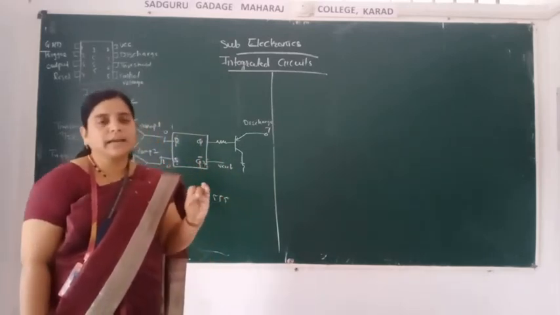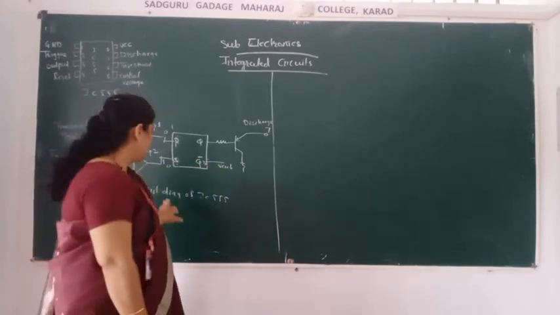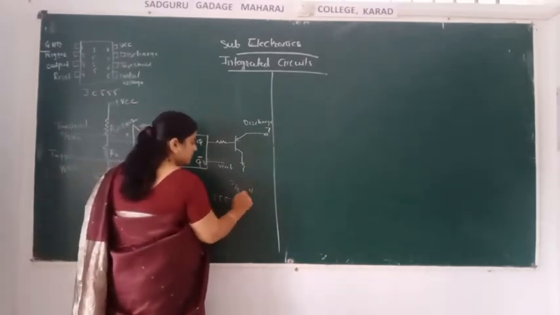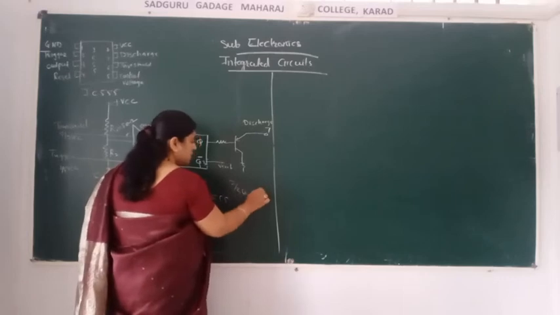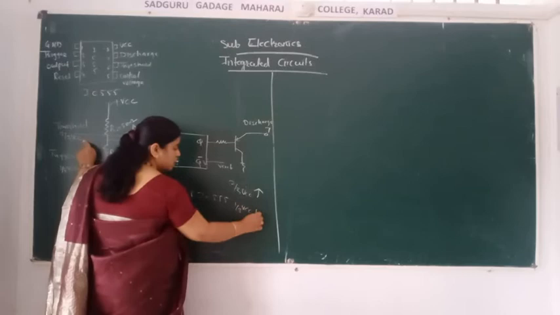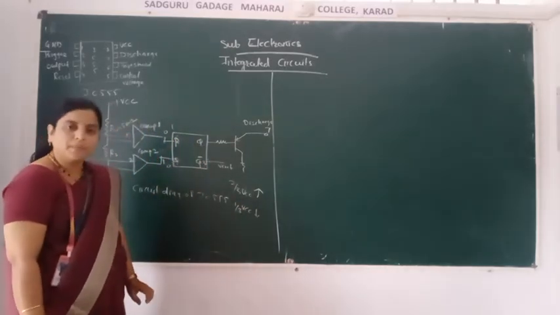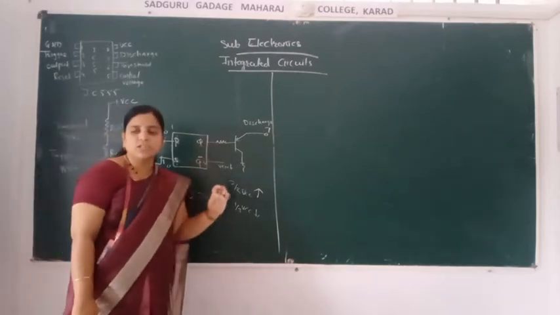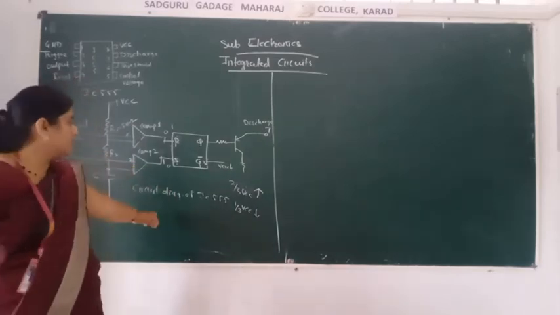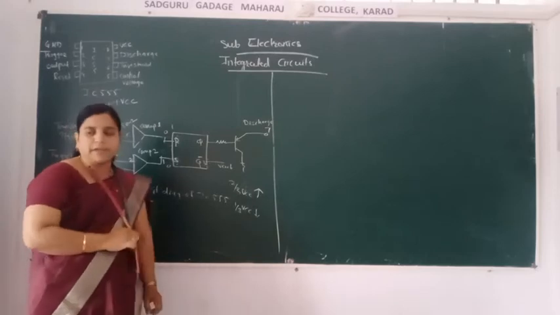Trigger input should be below 1/3 of VCC, and above 2/3 of VCC is the threshold input. At that time, this flip flop will work, and this transistor will be charged or discharged. That we have seen in the circuit diagram of IC 555, the very first circuit diagram in this chapter.